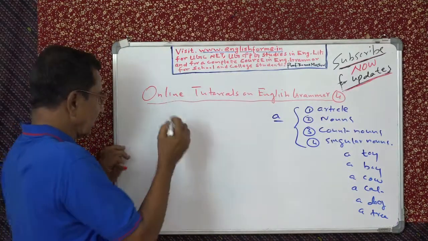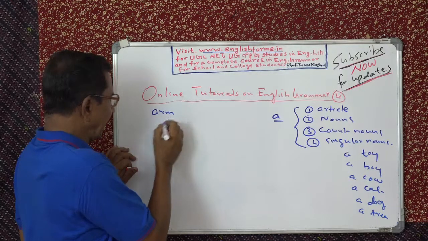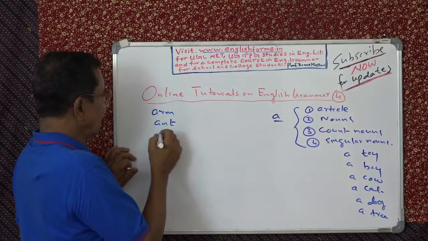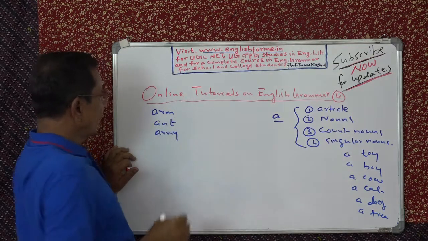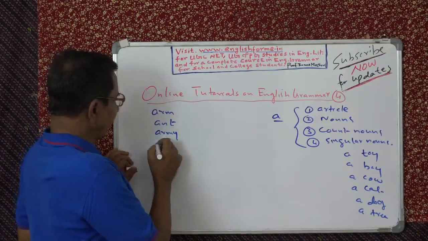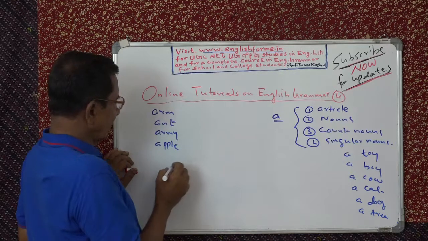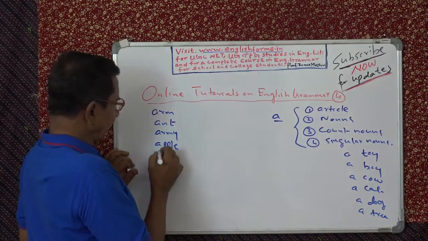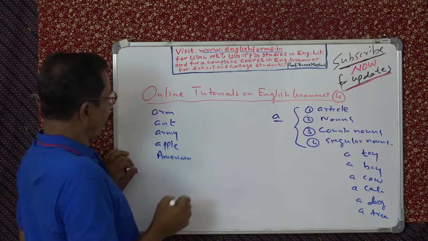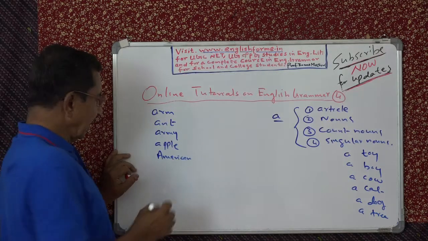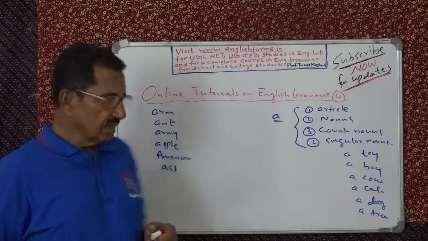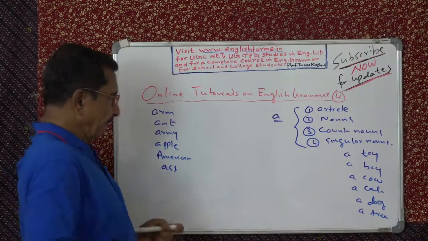See, you have nouns like this. Arm and army. Then you have apple. You like apples? Apple, American, arm and army, apple, American, ass. See, you have that. Then again you have got nouns like,